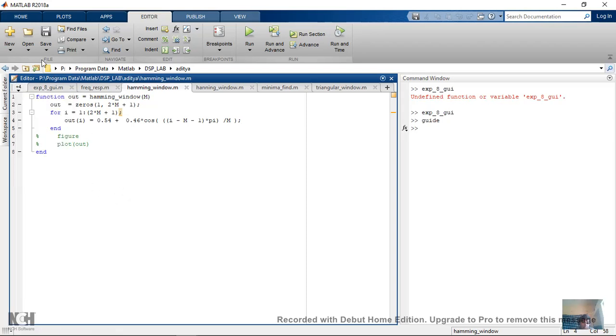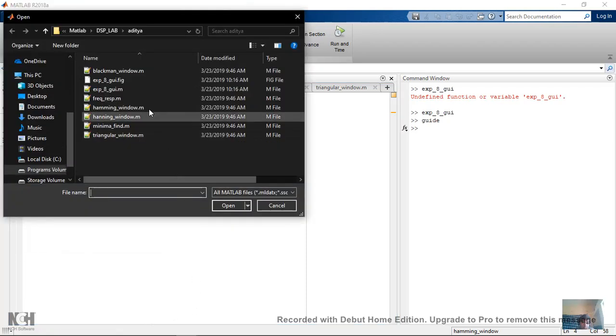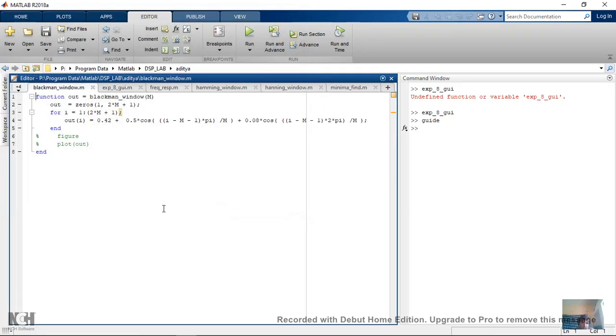Just let me open it. So Blackman window uses basically two cosine functions, one being double the frequency of the other, and so the coefficients are assigned in such a way that you get very smooth tapering ends at the last values. Now having